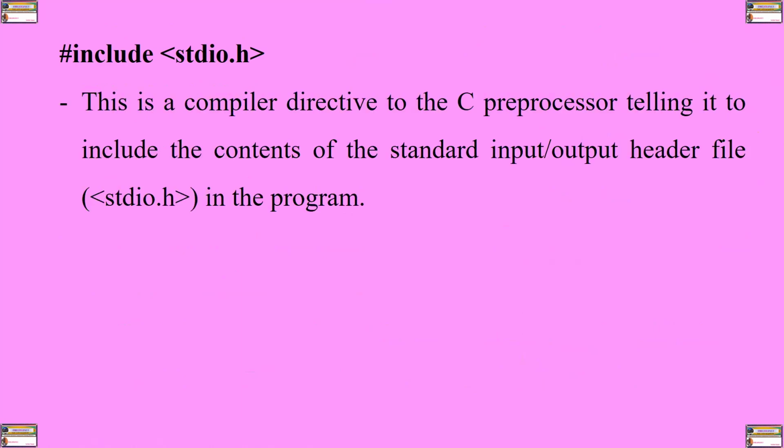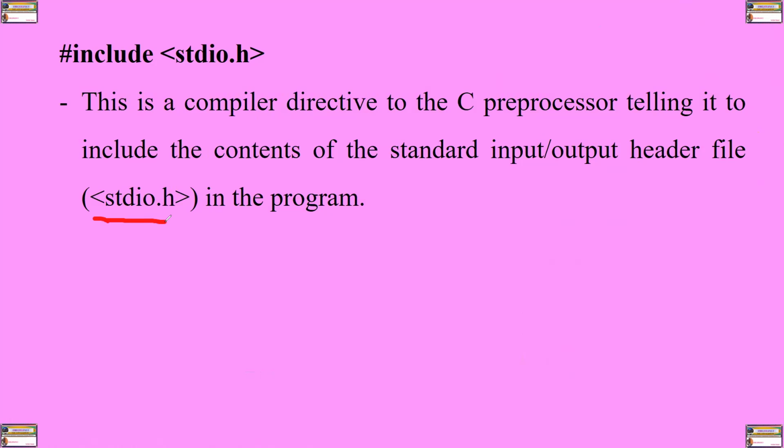The next part is #include stdio.h. This is a compiler directive to the C processor. It tells the C processor to include the contents of the standard input-output header file, stdio. Standard input-output header file. My dear students and the rest of the learners, note